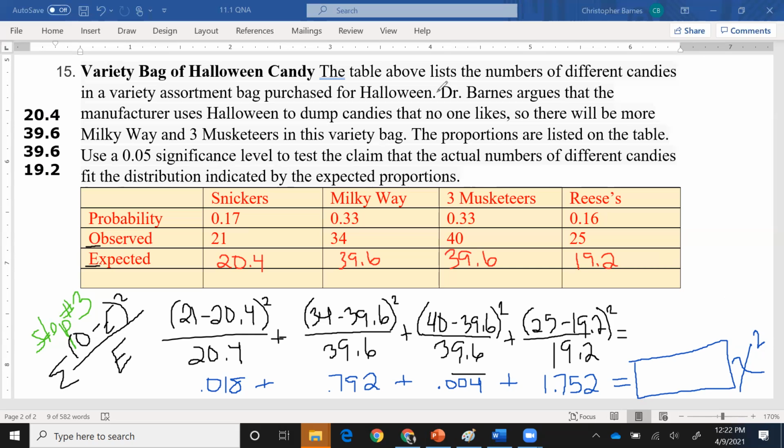Now, to show you the math, just so it's in this video, in case you want to watch it again to help you get prepared with the numbers: when you sum all these values together, the number we get is 2.566. That's our chi-square, right? We didn't do this in class, but I'm going to do it right here just to make sure. I have a table ready for you.